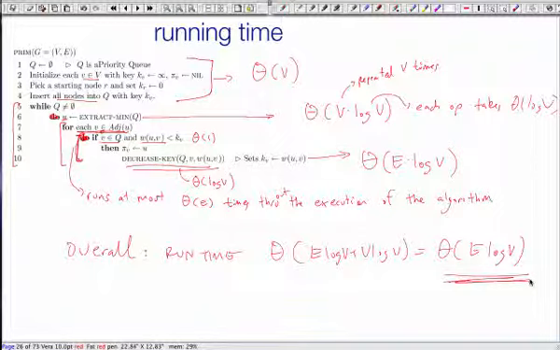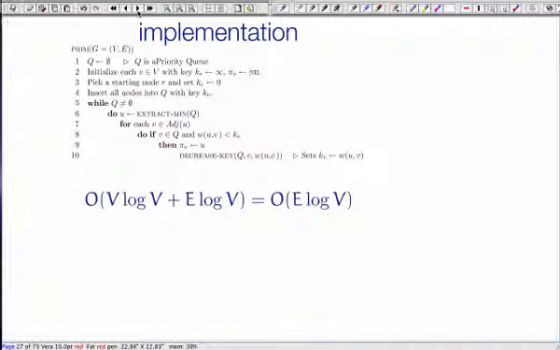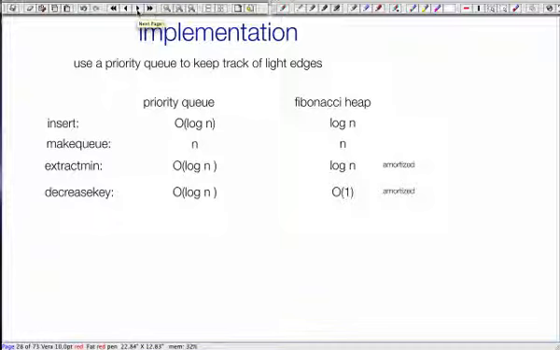This is a start. Prim did this in 1958. People have been working on it for the last 70 years. And here are some updates. A big jump came in the 80s, with a new type of data structure. So instead of priority queues, which have log n, log n, log n,